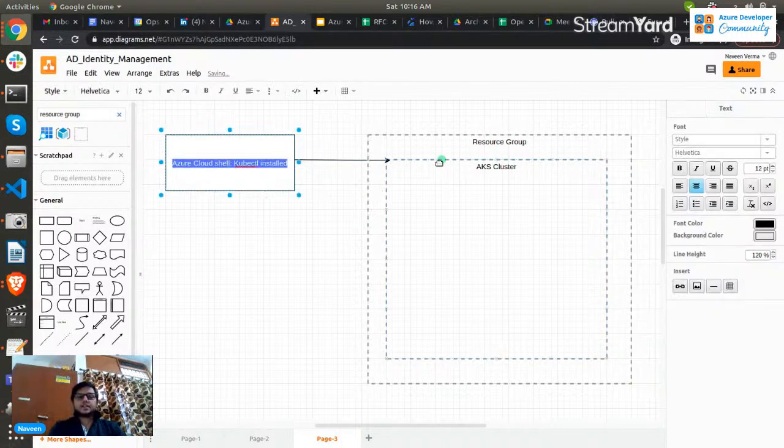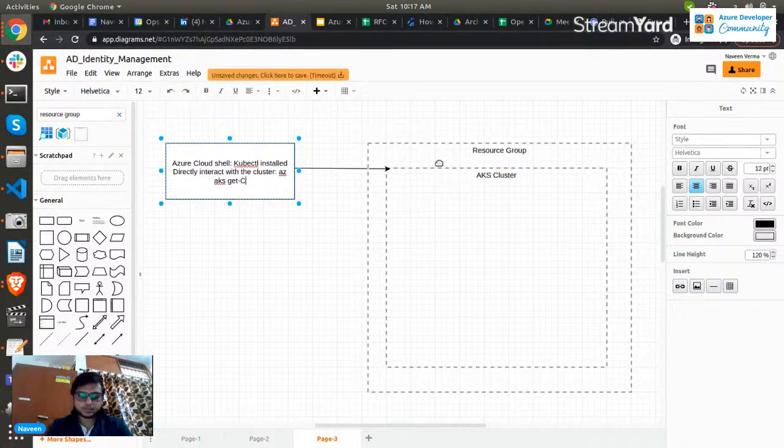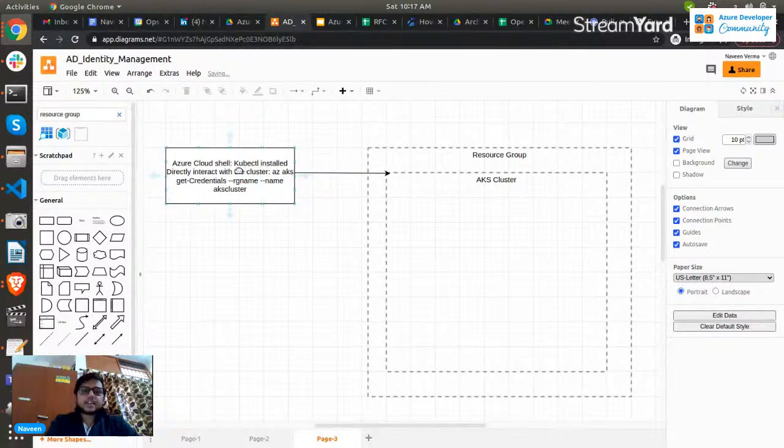So I can directly interact with my cluster using the command that we use in order to connect to our cluster, which is az aks get-credentials. And then we specify the resource group name where my cluster is present and then the name of my AKS cluster. So using these commands I can directly interact with my AKS cluster when I am authenticating or connecting using Azure